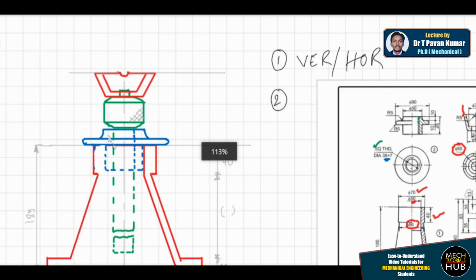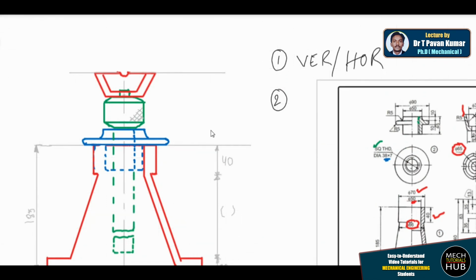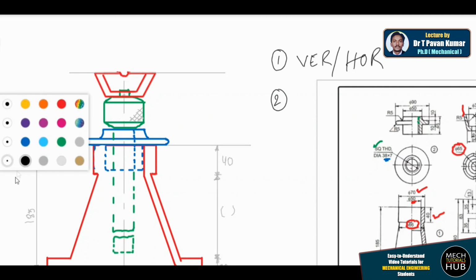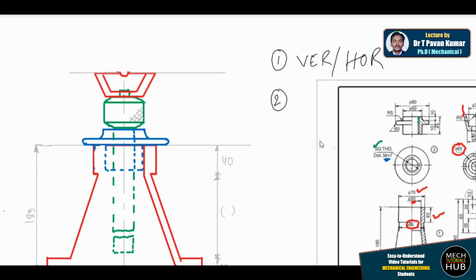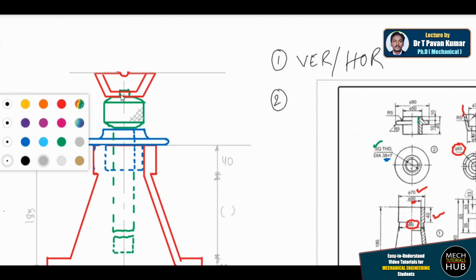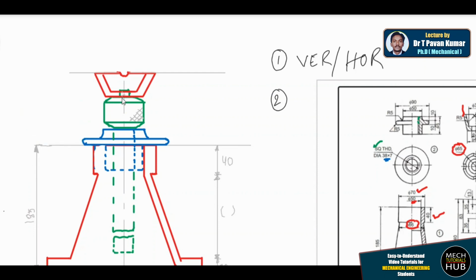Let me fit it to the screen properly. Done. I'll take another different color and let me show you. Once you take that screw with a diameter of 12 and insert it, let me show you this screw hole also.